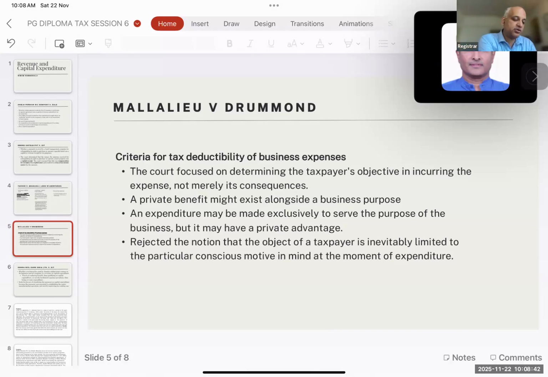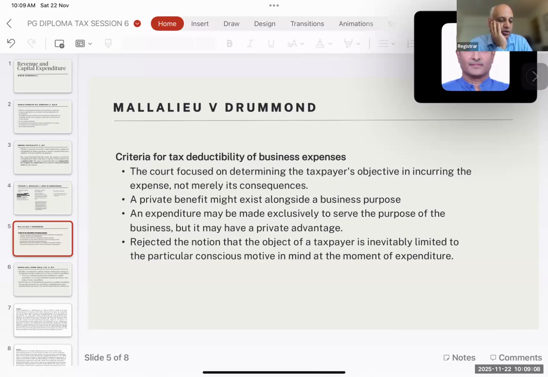An expenditure may be made exclusively to serve the purpose of the business, but may have a private advantage. The existence of that private advantage does not necessarily preclude the exclusivity of the business purpose. We understand that, effect and purpose and effect. But now we come to the crux of the decision. But she needed clothes to travel to work and clothes to wear at work. And I think it is